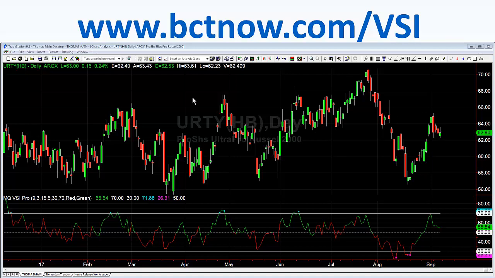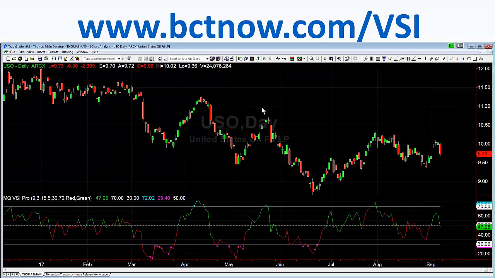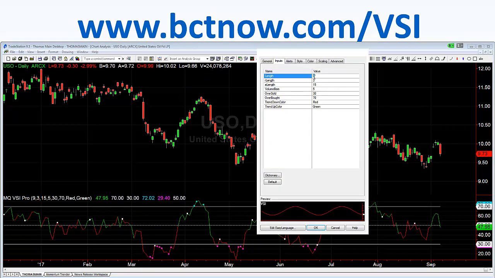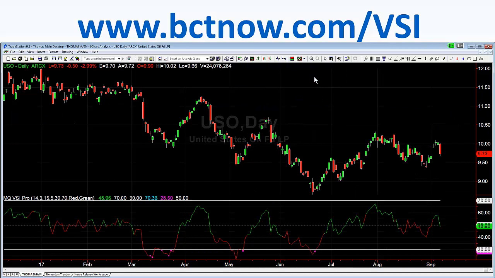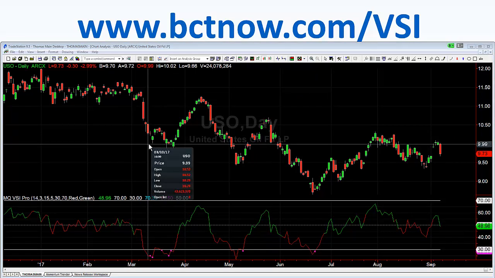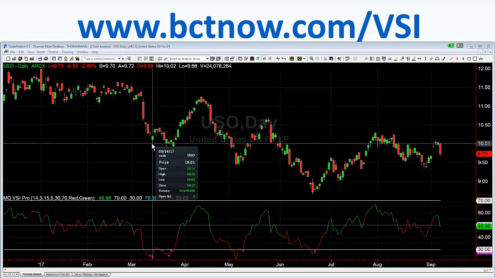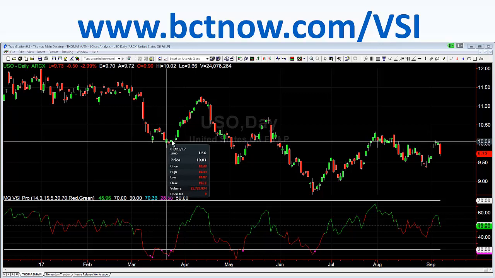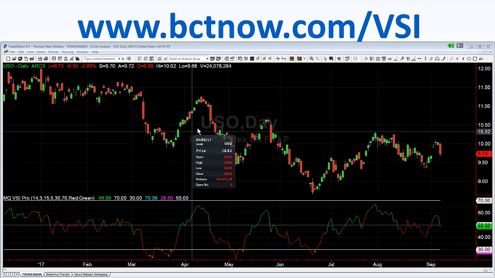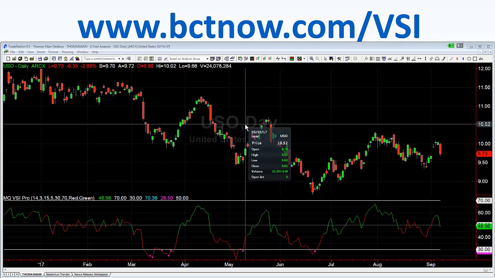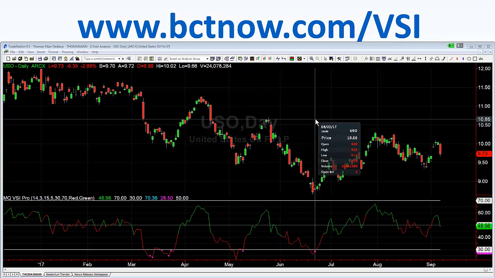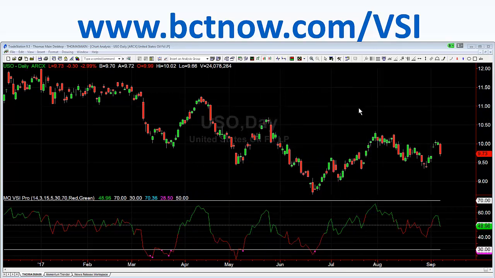How's it? Can we look at USO? Sure, because that's what we're going to be talking about in the workshop. Absolutely. Here's USO, and let me change the settings back to default. Not too shabby. Reversal, extended volume reversal here, and went into consolidation. Extended volume reversal here, reversed very strongly. Same thing here, reversed very strongly. Same thing here, reversed very strongly. So I mean, that worked perfectly.